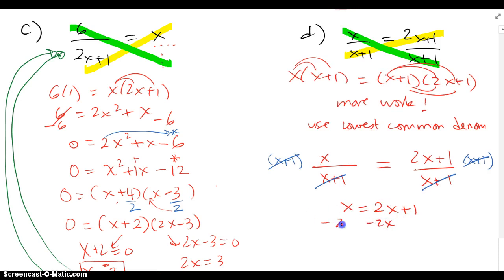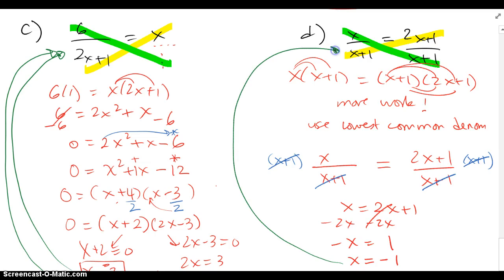Now I'm going to go ahead and solve for x. Negative x equals 1, which means x must be equal to negative 1. Now again, I don't box it, I have to check it in the original denominators to make sure it doesn't become 0. And notice what happens when I put negative 1 in here. Negative 1 plus 1 becomes 0. So if it becomes 0, it becomes undefined. Even if I put it in this one, it still becomes 0. So this actually gets tossed out,